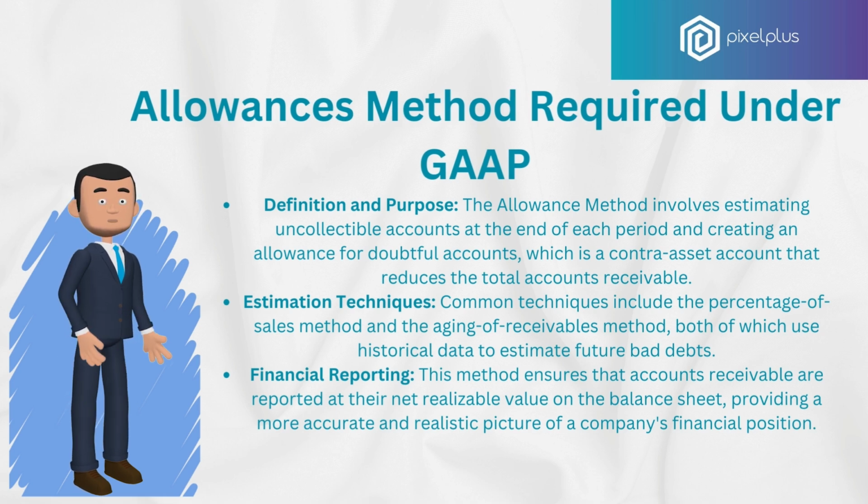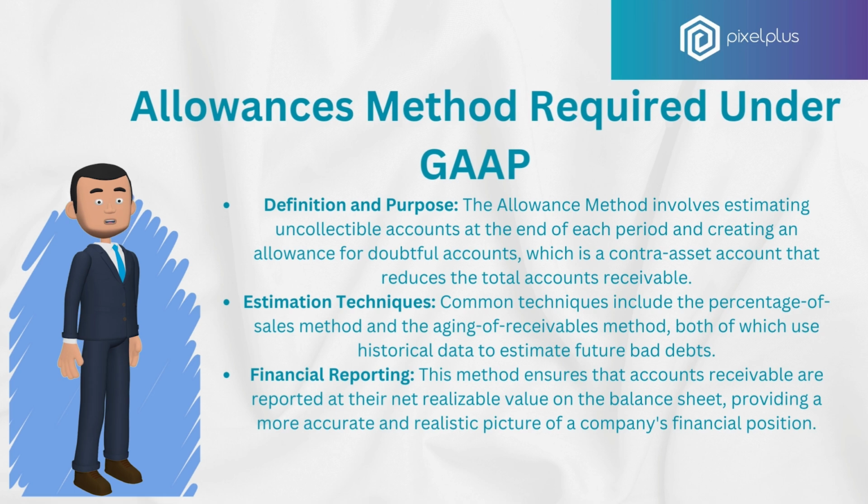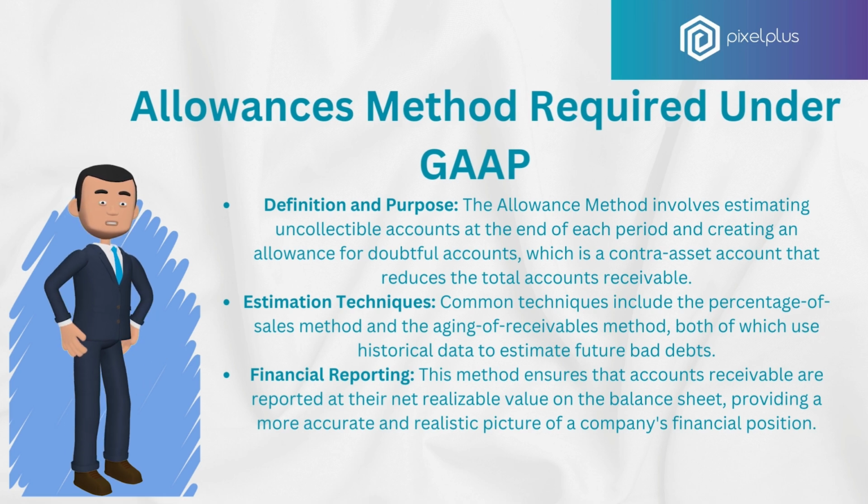Financial reporting. Using the allowance method ensures that accounts receivable are reported at their net realizable value on the balance sheet. The net realizable value is the amount of receivables expected to be collected after accounting for estimated bad debts. This approach provides a more accurate and realistic picture of a company's financial position by recognizing that not all receivables will be collected. It also enhances the reliability and credibility of financial statements by presenting a true and fair view